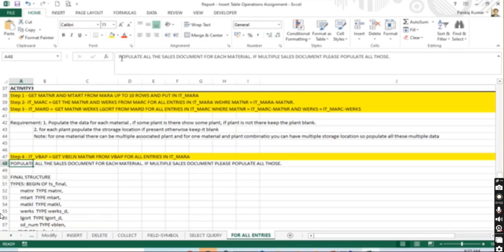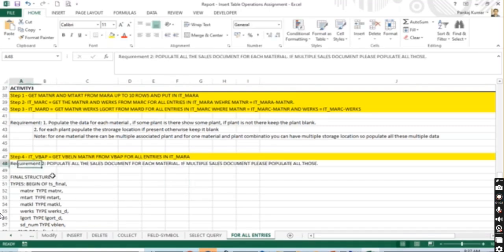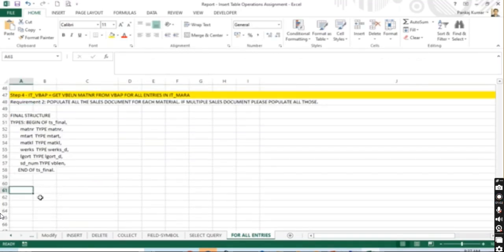Another requirement in step 4, I can give this as requirement 2. Then in requirement 3, please do this requirement. I would request experienced people also to complete this assignment, so you will have better command of programming. So requirement 3,